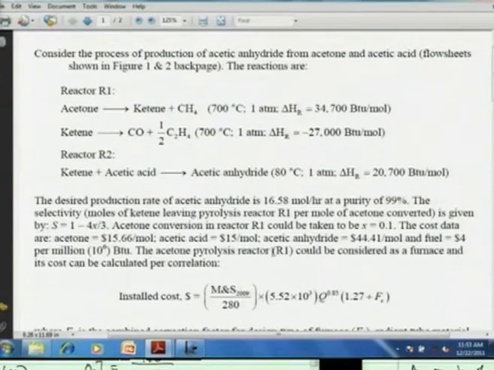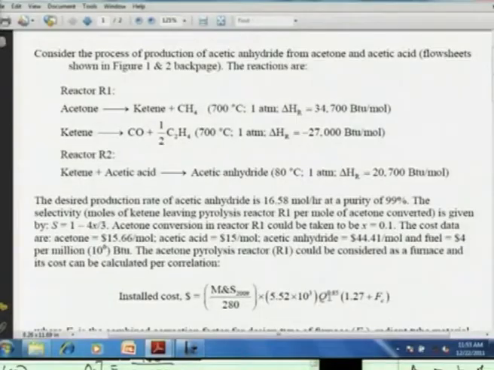million BTU. The acetone pyrolysis reactor could be considered as a furnace and its cost can be calculated using a cost correlation. Cost correlations we are going to see in detail in another module. To determine the cost of any equipment of a process, a correlation is used which uses one of the specific characteristics of that particular equipment as a parameter. Now, since the reactor is considered as a furnace, the heat duty Q is taken as the characteristic parameter, and